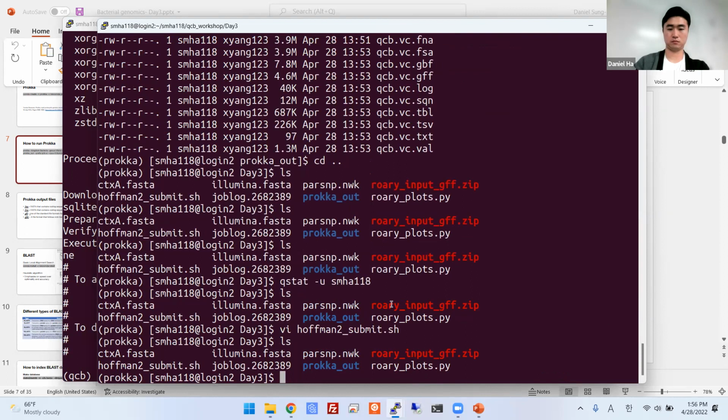I don't know how it allocates the resources. It also depends on how much load it has at the moment, right? Yeah, when you submitted it. If people run a lot of scripts, then